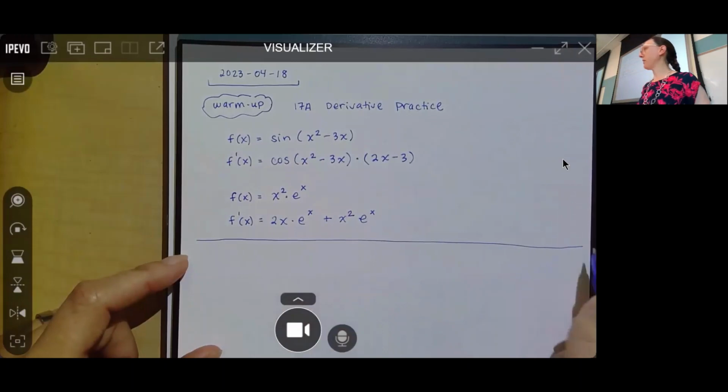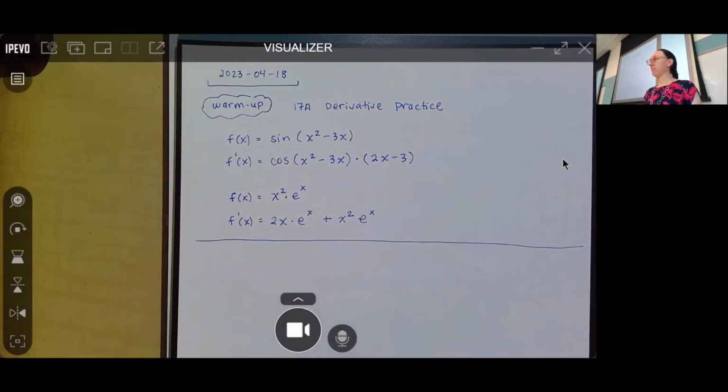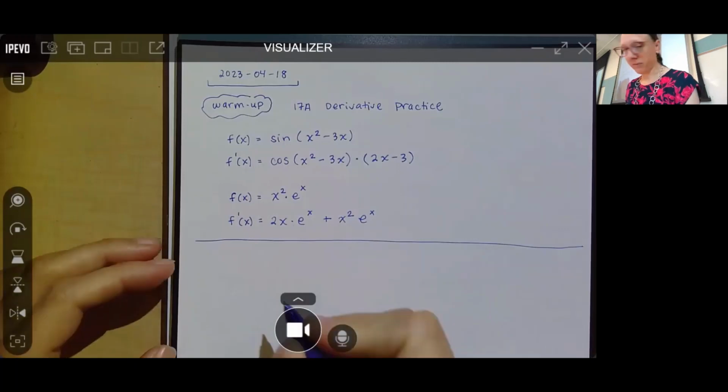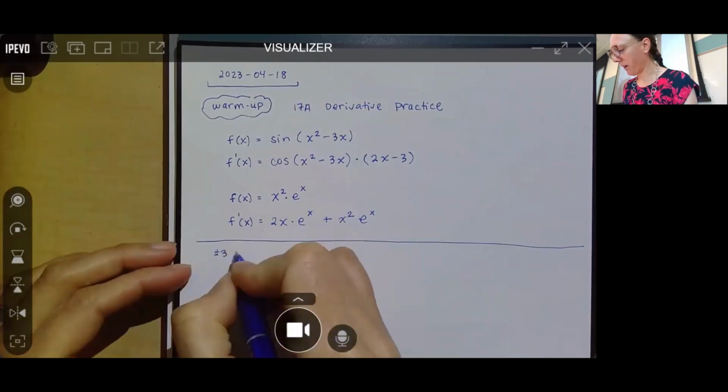Questions about those two before we do more fun things? Cool. So there was a request to do a problem from, did you have a specific homework problem in mind? It was either, I think it was homework 5, the second to last one. Okay. So I'm going to do a homework problem first. The starred one or the one that had the growth rate of a fish population? You got it. Okay. So this is number 3 from